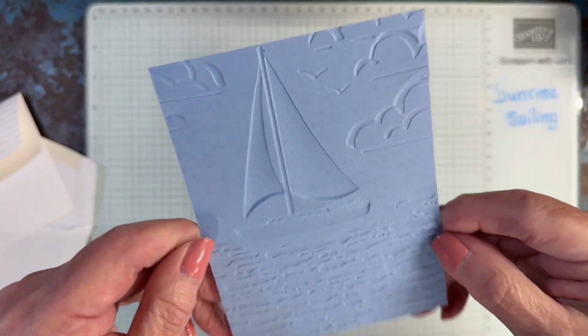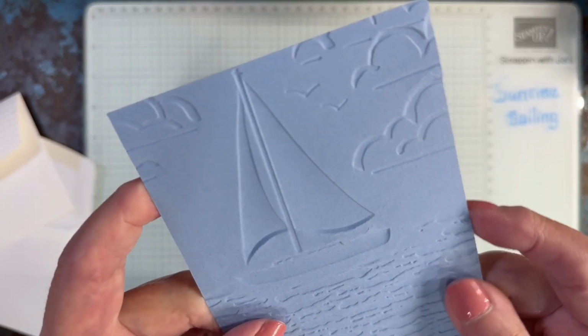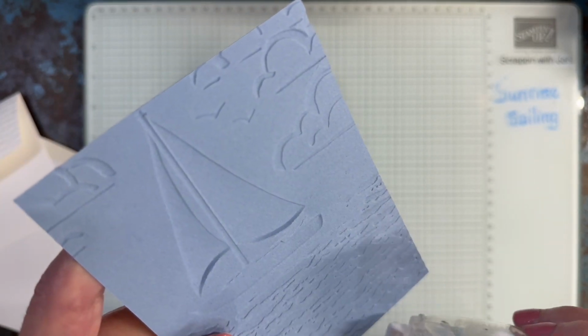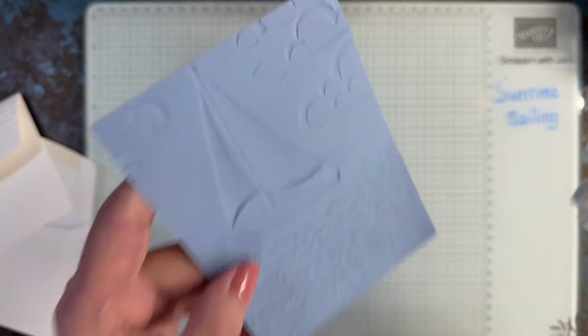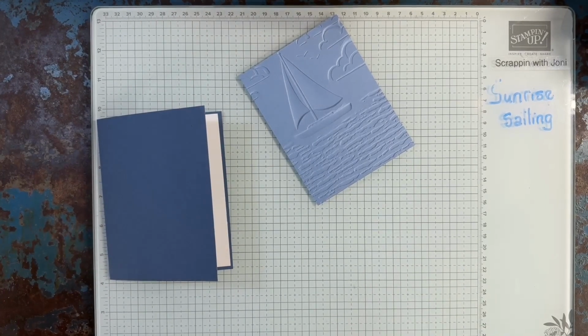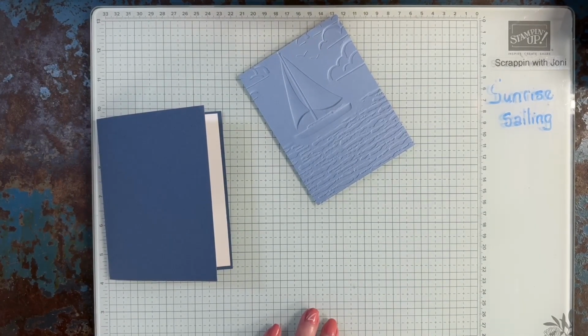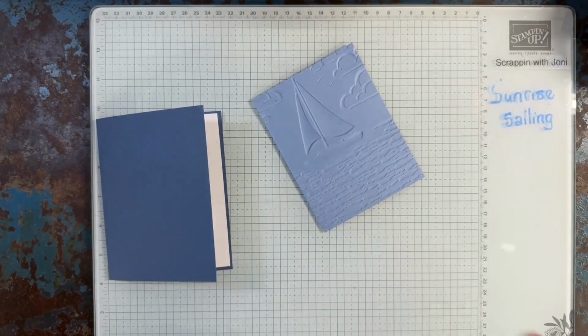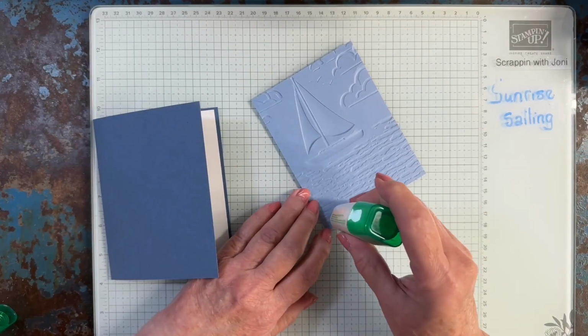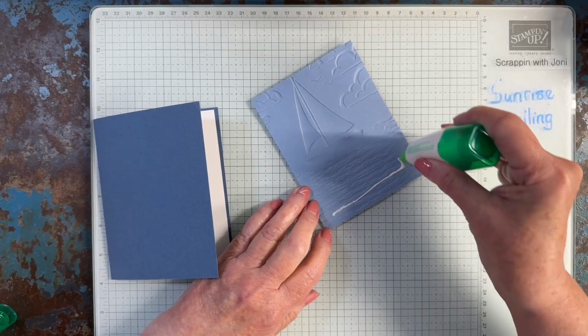See how embossed this is? You can really tell the depth of the embossing from the back. My favorite tape runner on some of these heavily embossed areas is just going to ride on the top and may not adhere to the level I want. So what we're going to do is grab this multi-purpose glue again, and we're going to be pretty generous. I'm just going to make sure that I stay about 1/4 inch from the edge